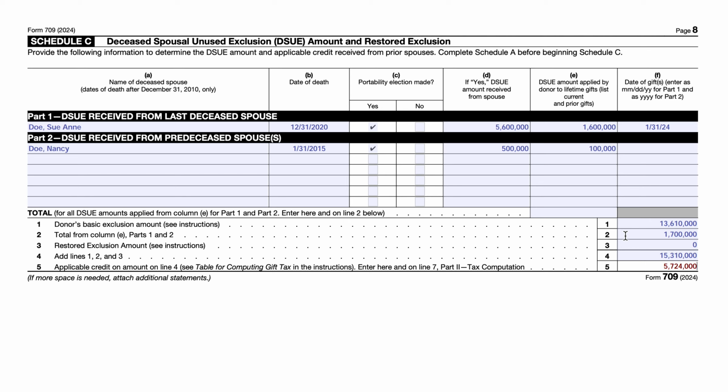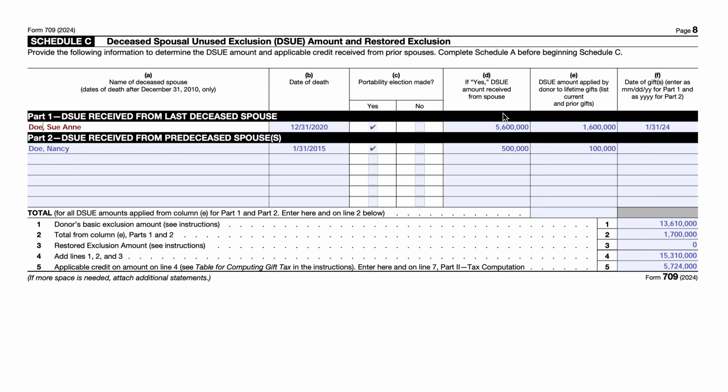John Doe has two deceased spouses. His most recent one was Sue Ann, and you always put the most recent deceased spouse in part one, and then if you have any other deceased spouses, you list them in part two. So Sue Ann Doe, her date of death, she did make a portability election. There may be reasons why a portability election wouldn't be made, but generally speaking, it's usually a good idea to do that. So in this case, he received